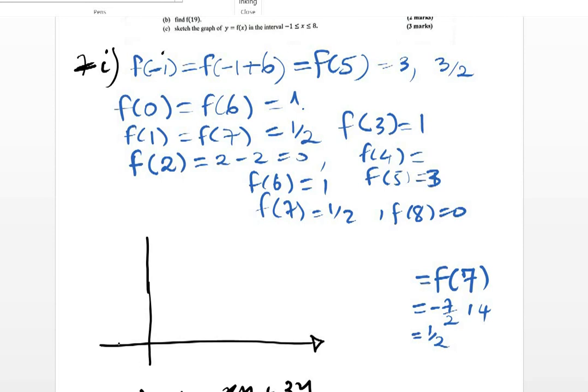Now we have here -2, 2, we have here 0, we have 4, 6, 8. Then we have our y-axis here. We have here 1, 2, 3. Okay. Now you notice that when we had -1,